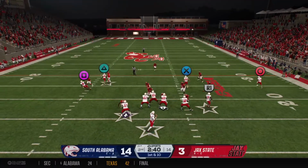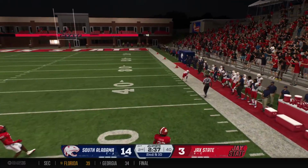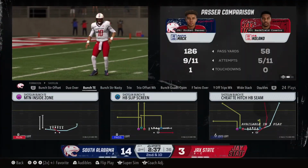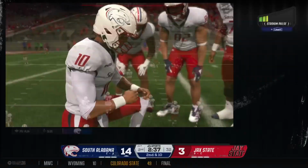They stuck the last drive in the end, looking deep down the right side. And that one falls incomplete. They tried to go over the top on first down. Second down coming up. Well, we know this offense hasn't been able to get it going on the ground so